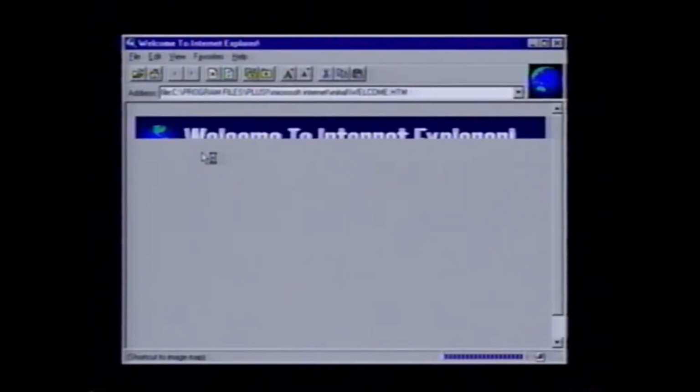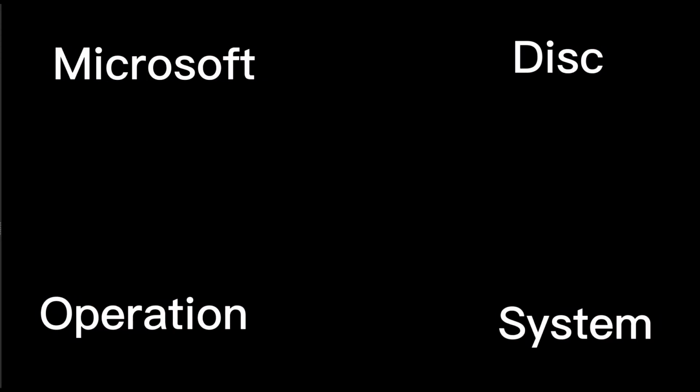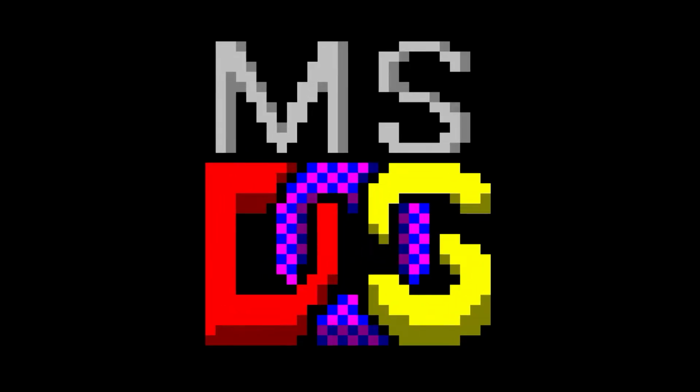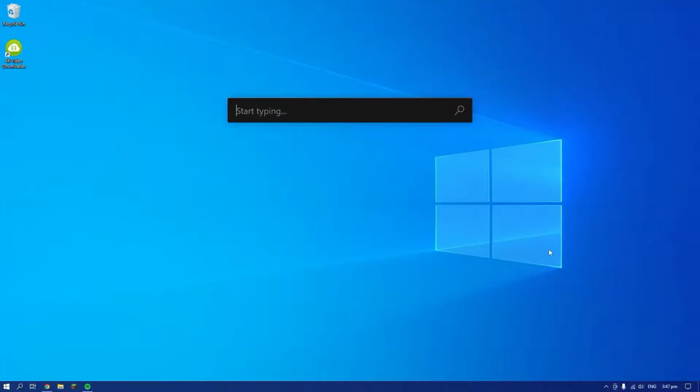This era goes all the way back to the early 90s when the internet was just at its peak. The specific software is Microsoft Disk Operating System, or for short, MS-DOS. The software that made personal computing become a reality. So now I'm going to show you how you can set this up by using